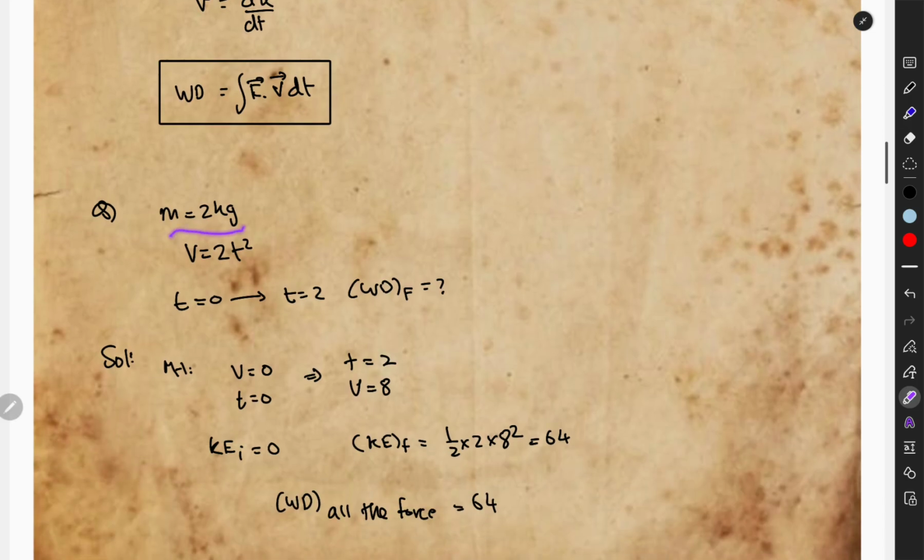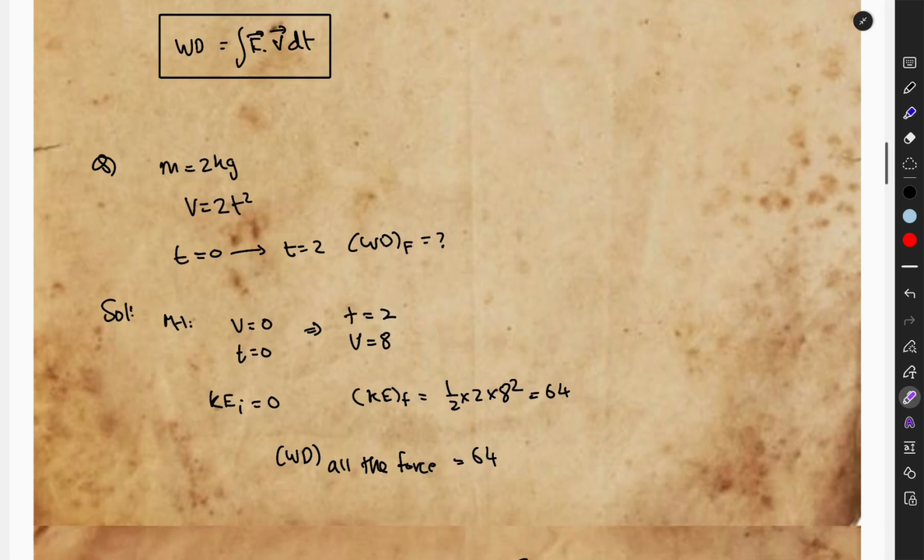A particle's mass is equal to 2 kg, and it performs motion with velocity equal to 2t squared, from t equal to 0 to t equal to 2. We need to find the work done by the force. There are two methods. You can either go by the easiest method, which is the easiest and clearest method. You won't get a lot of confusion here. So